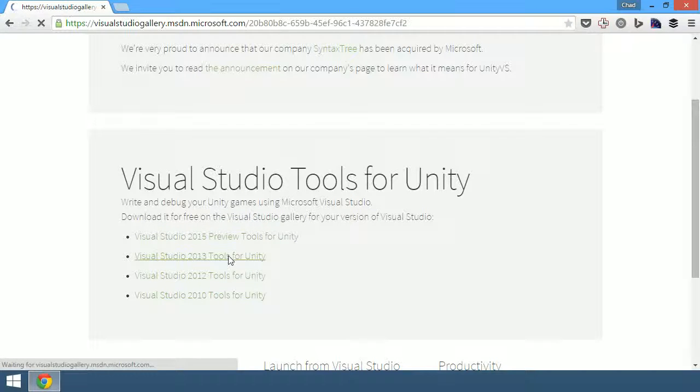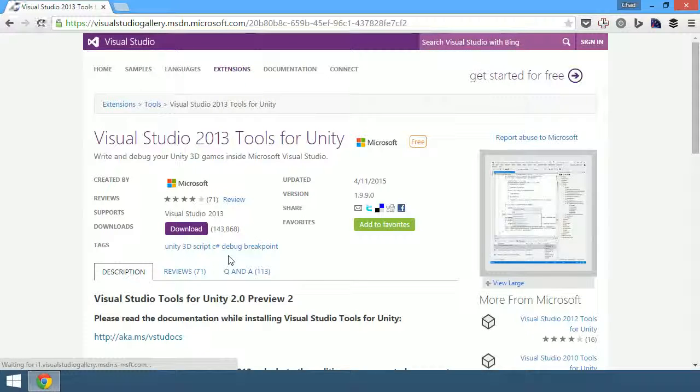And what he's going to do is redirect you to the Visual Studio gallery, where there's a bunch of different plugins that you can get for Visual Studio. And so this is Visual Studio for Unity 2.0 Preview 2. This runs on Unity 5, right? So this is the version you need to run Unity 5. So all you have to do is say download,